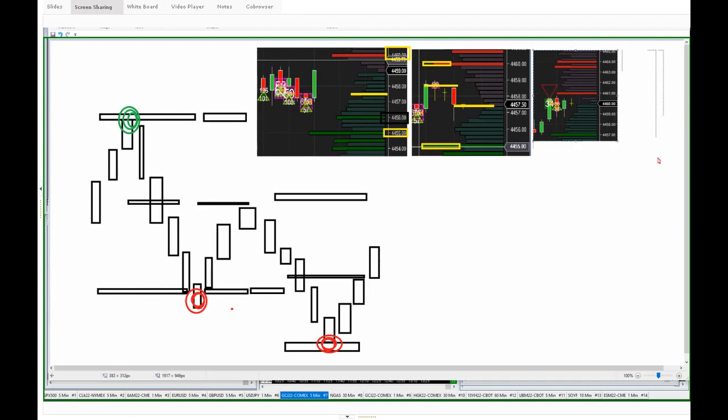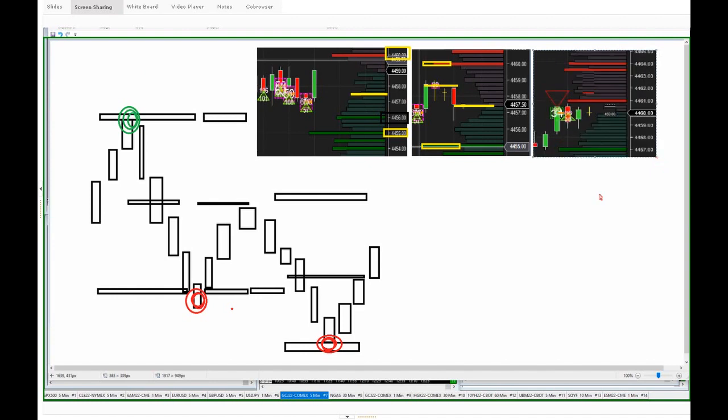This is a 10-second chart, by the way, guys. So what's going to happen here? Well, that liquidity has stuck around as the price went up. So you're going to know that there's going to be selling coming in here, aren't you? You know there's going to be selling coming in at that price because you're way above fair